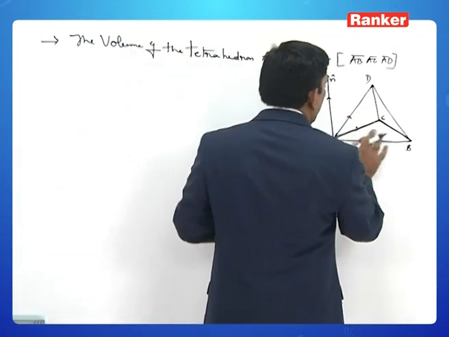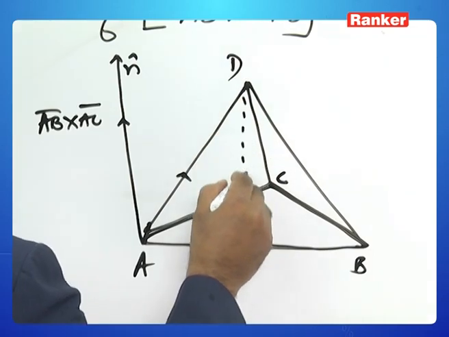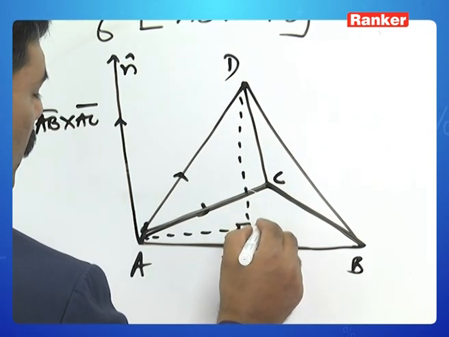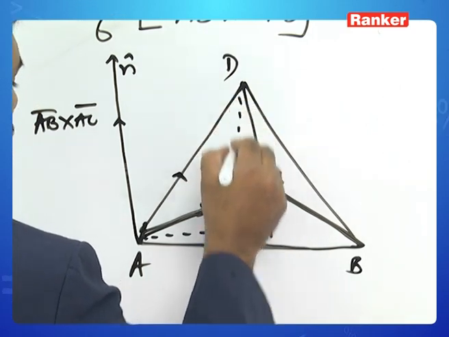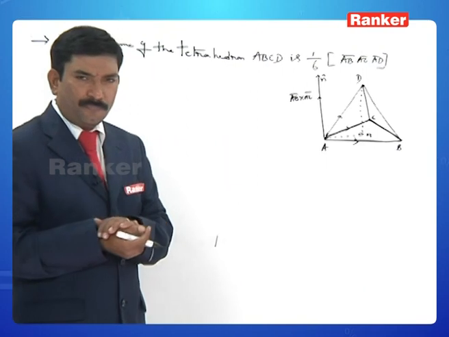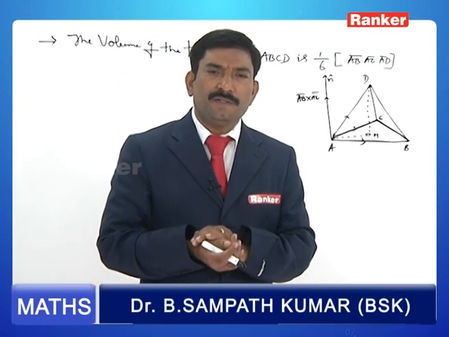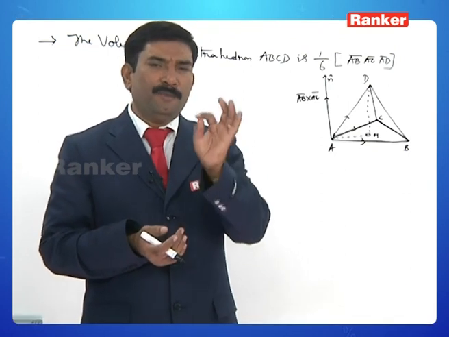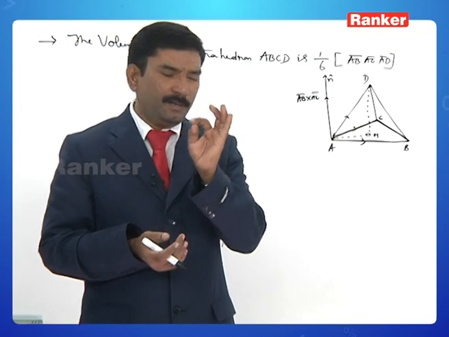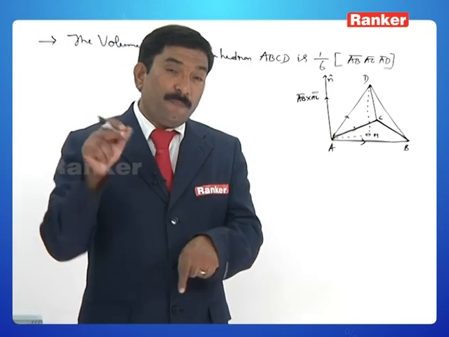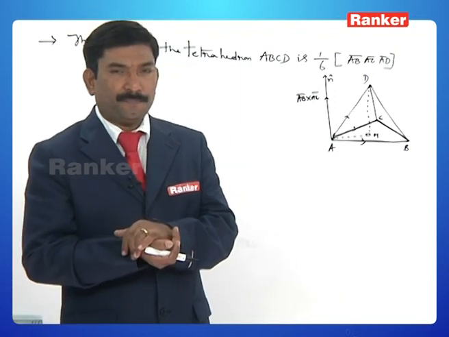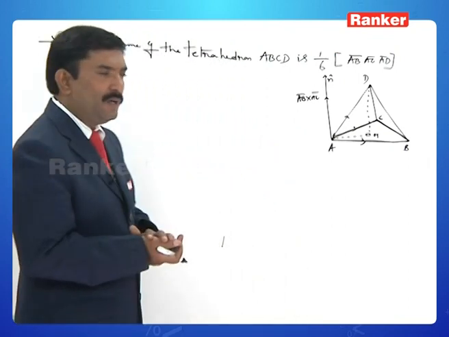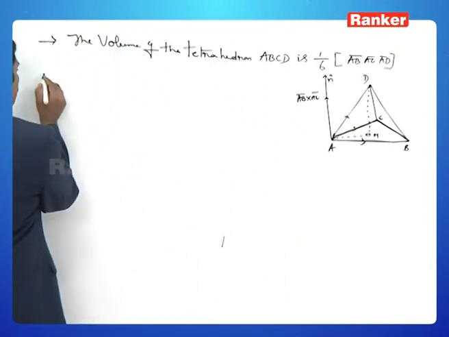Then from this D, you draw a perpendicular, you call it as H. This is nothing but DH. DH is nothing but the perpendicular from the vertex D to the plane ABC. So therefore, how to find out this length DH? I start now. The volume